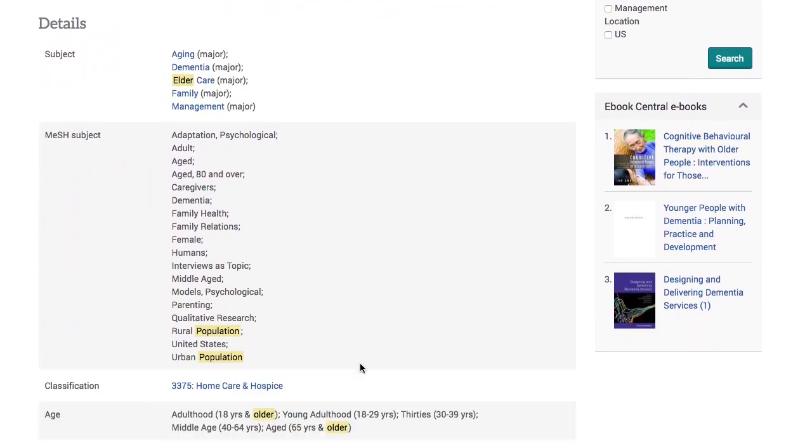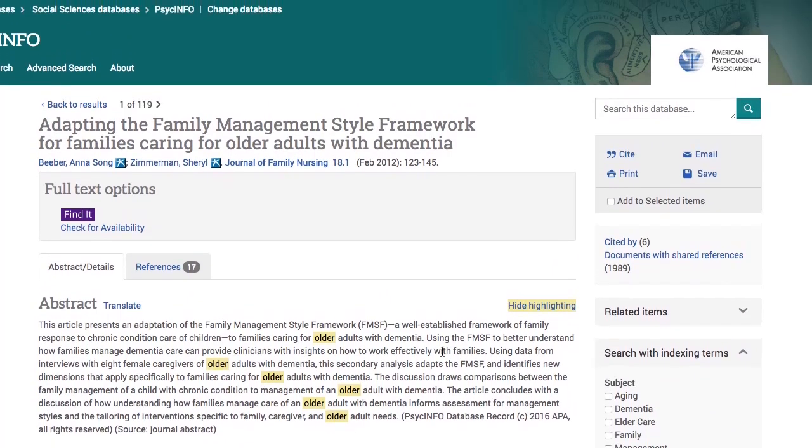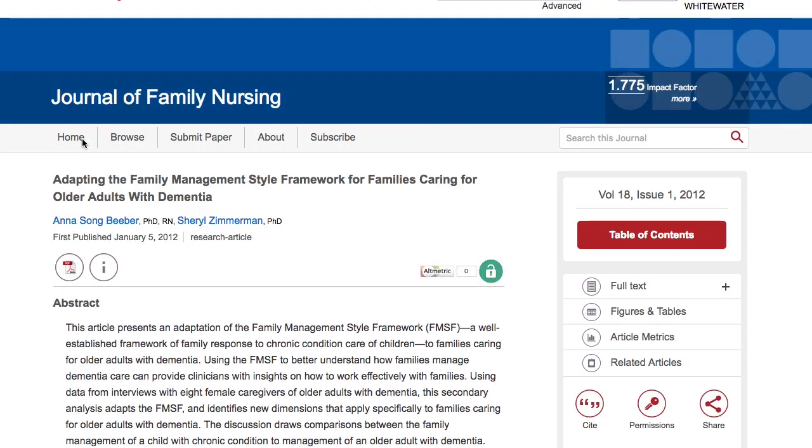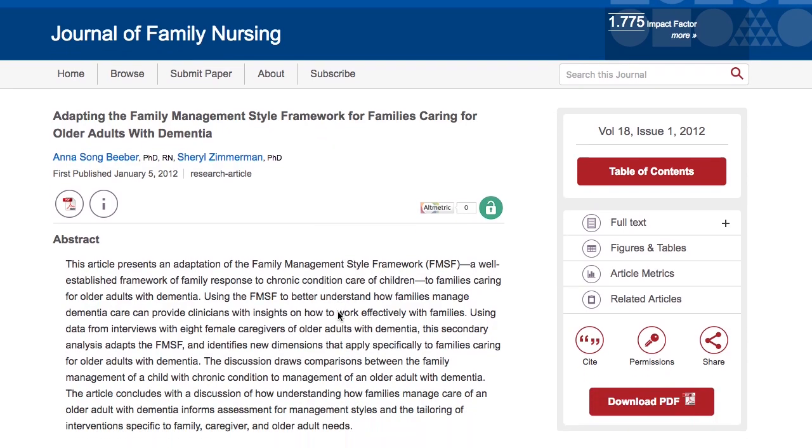So this could be useful to talk about. If you do want it, we can click the Find It here. If you see the purple Find It button, click that, and then we'll be sent to another screen, and you have to do a little reading, but it's okay. It says full text available at Sage Premier 2016. So I'm going to click that link, which will then get me over into another database where I actually can